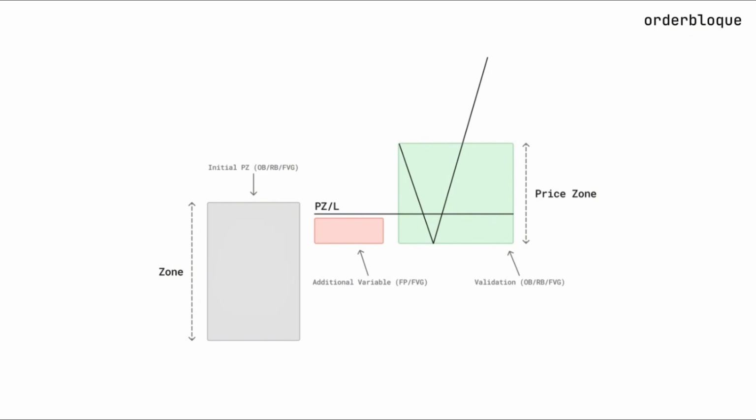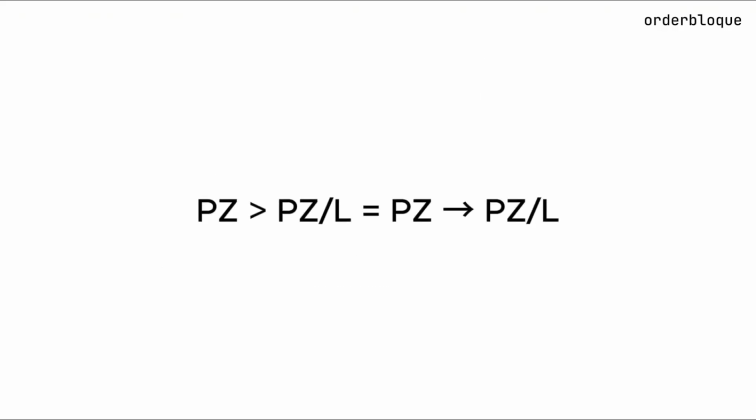The first option is the simplest, as it maintains the standard validation approach one time frame lower relative to the initial price zone, while also taking into account an additional variable, which can be either a fractal point, fair value gap, or both simultaneously, which often act as reversal accelerators and can provide an understanding of exactly where this will